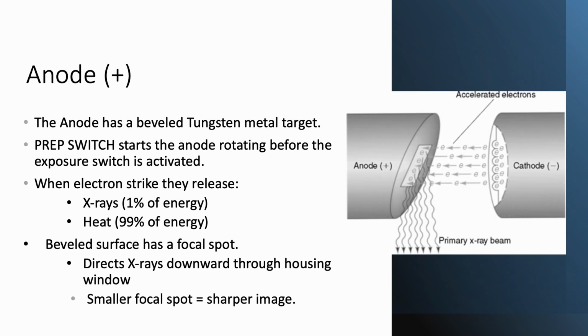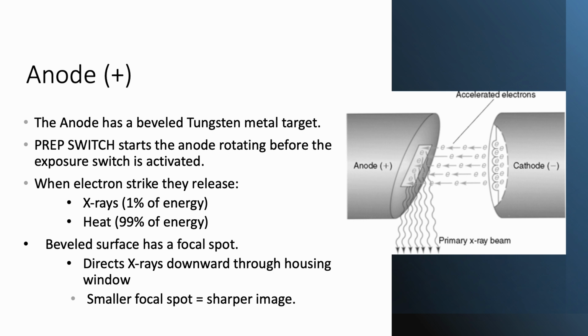The anode has a beveled tungsten metal target, and beveled means it's at this angle. When we engage the prep switch on our pedal, we start the anode rotating. And so often you can hear this whir, and that's the anode warming up and starting to rotate before the exposure switch is activated. Electrons are released from the cathode, they go zipping across to the anode, and they strike